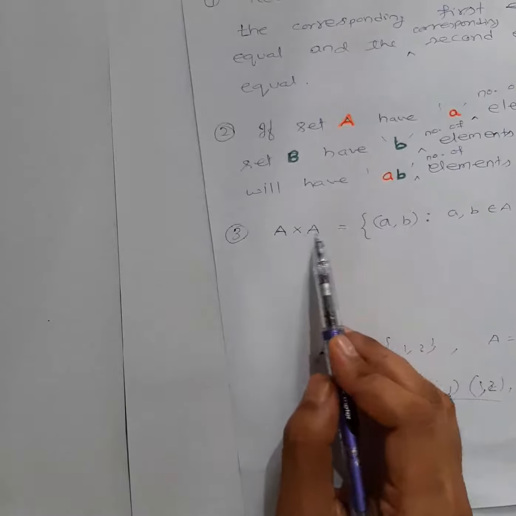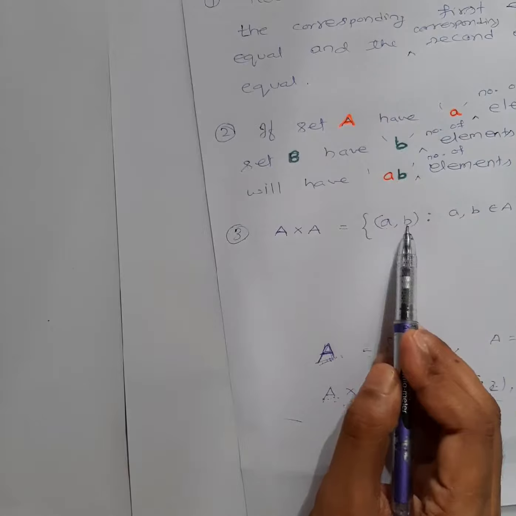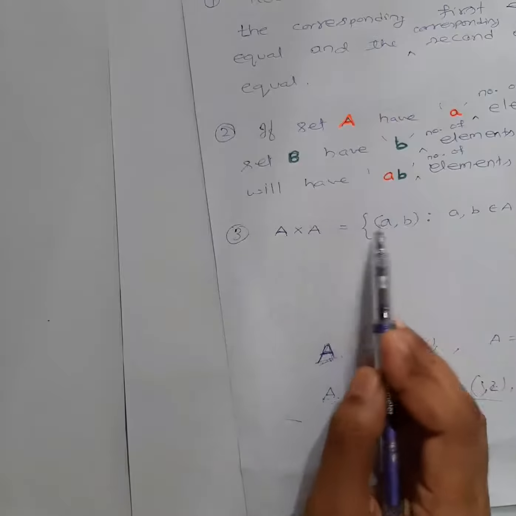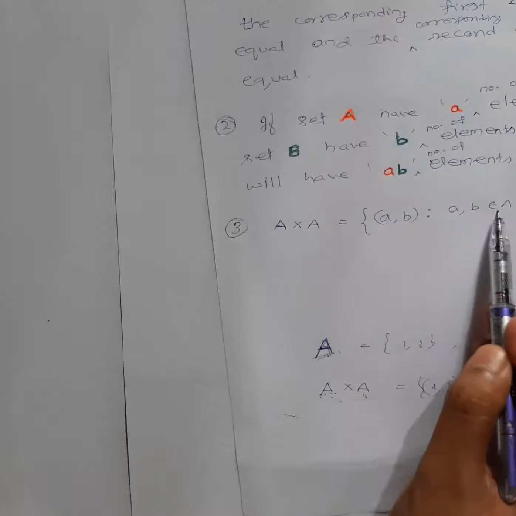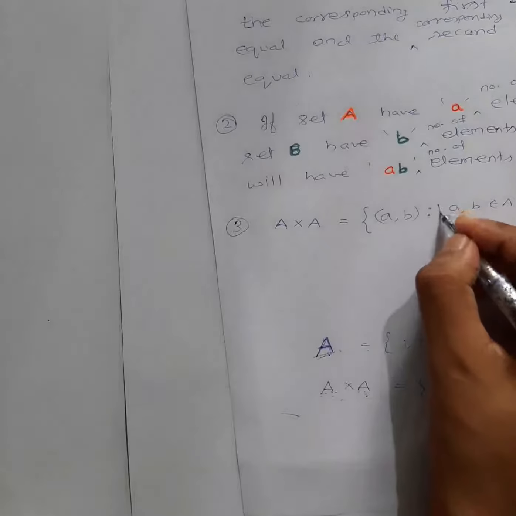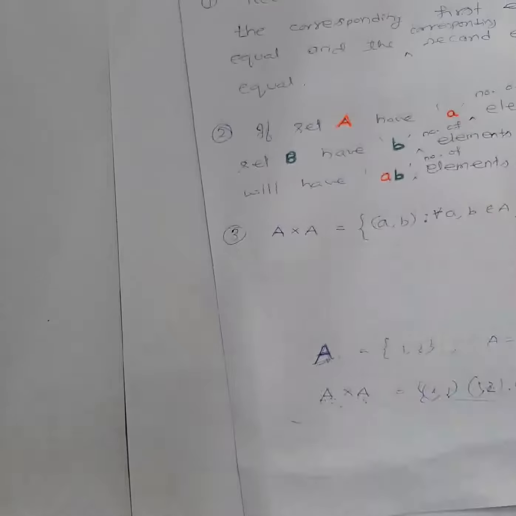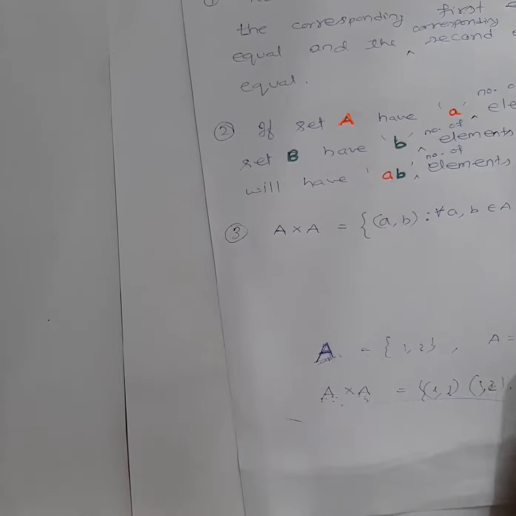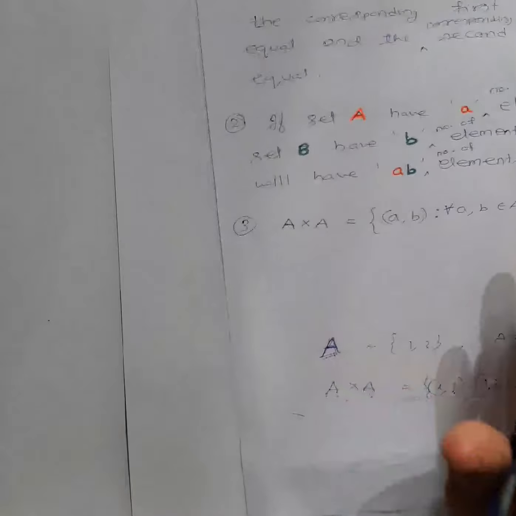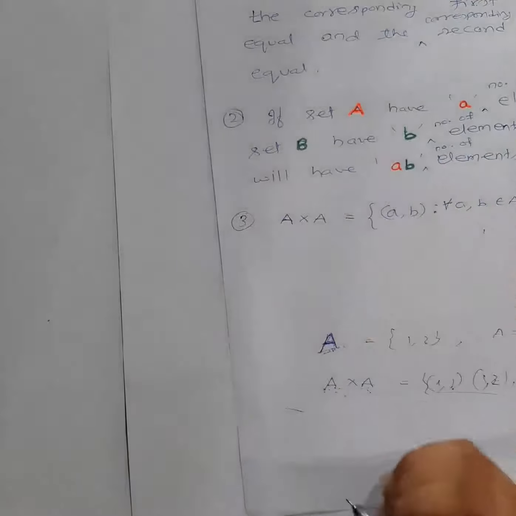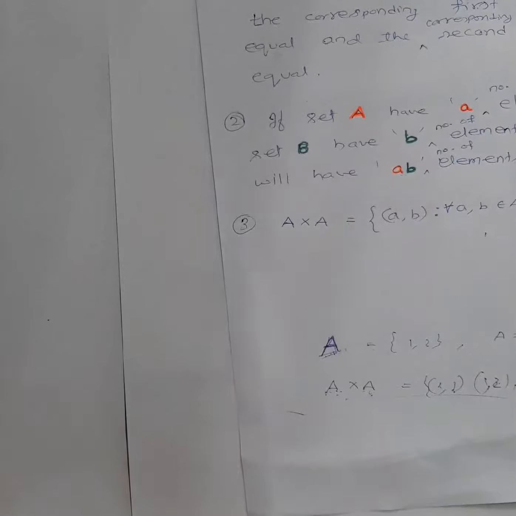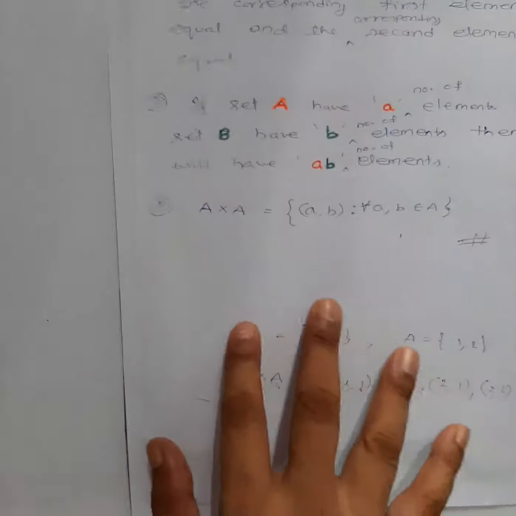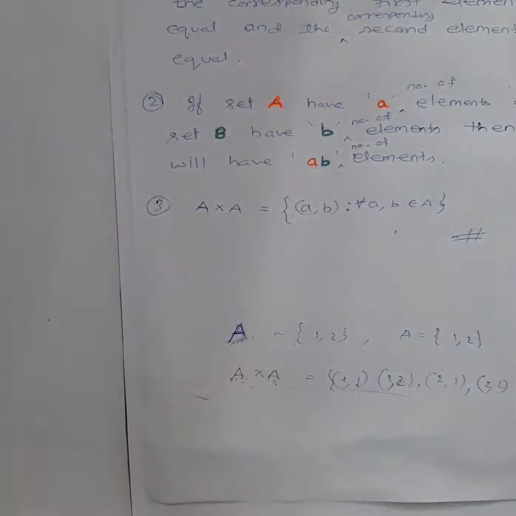So here I have written A cross A equal to the ordered pairs (a, b), in which the first element is from this set and the second element is from this set. It means both will be from the same set only, because it is the same set. So (a, b) belongs to A for all a, b. Okay, so I hope the Cartesian product is clear to you. After this we will do the exercise and then we will discuss relation. So you can also try the exercise now. With this concept only you can do exercise 2.1, and after that we will discuss relation.